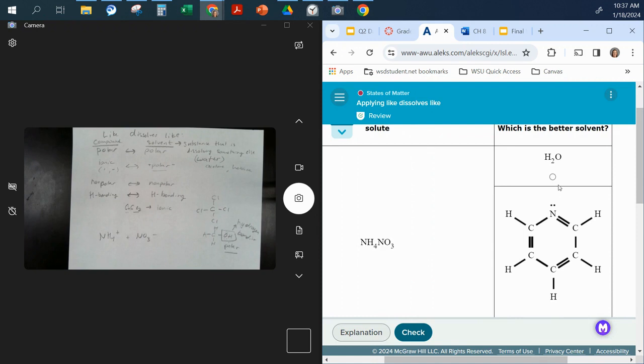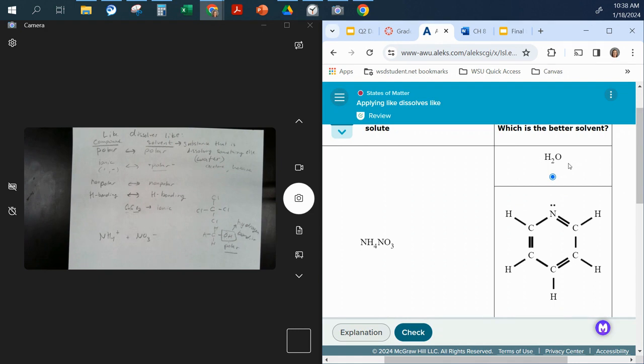Water is a great polar solvent, so I'm going to pick this one. Water is probably the best polar solvent. This is trying to trick you because, oh, this has a nitrogen. This also has a nitrogen. Well, that's great, but this is not. This is ionic. Okay, we're looking for something polar. This would be a little bit polar. The nitrogen is going to pull more electrons, but water is much more polar, so water is going to be